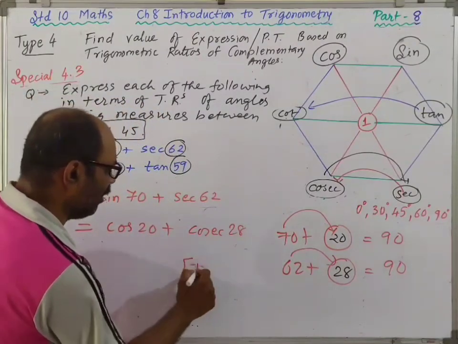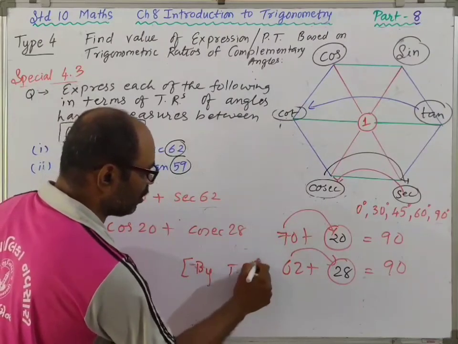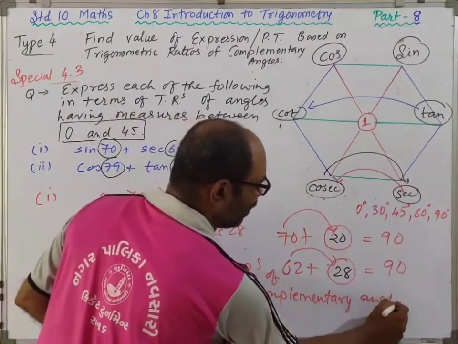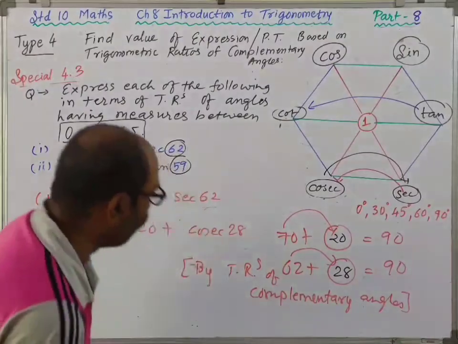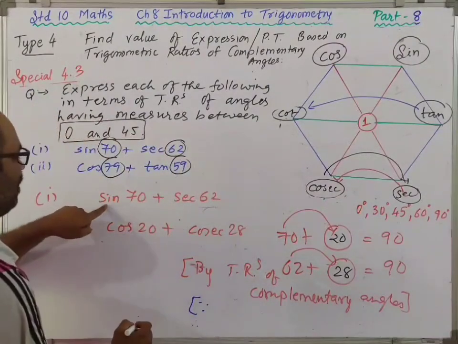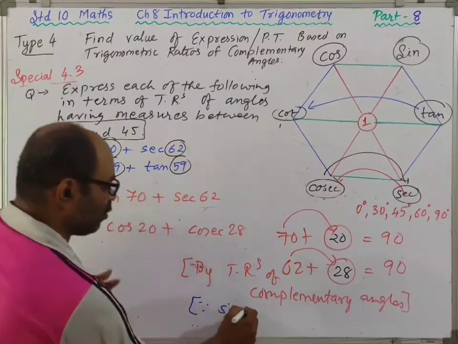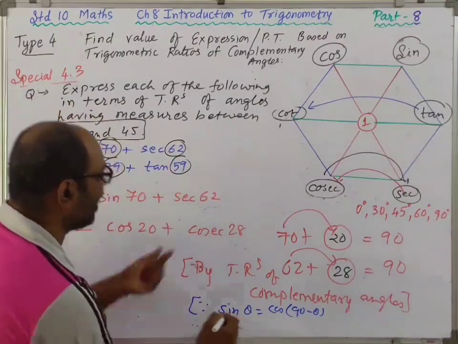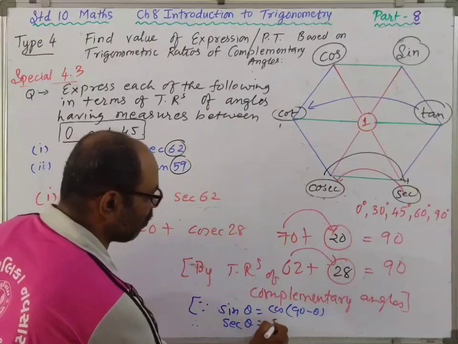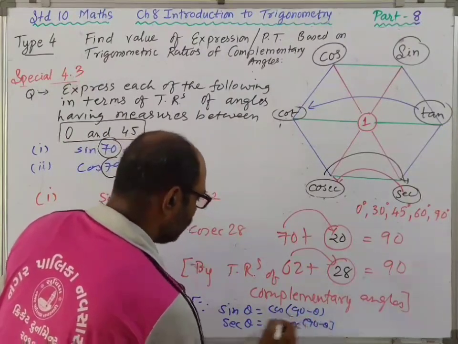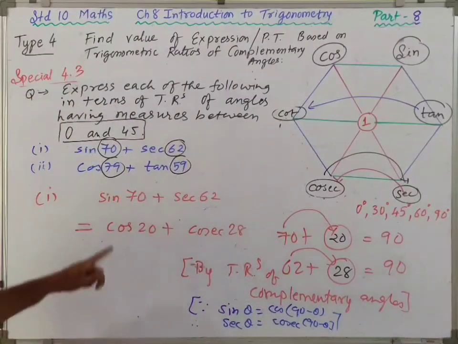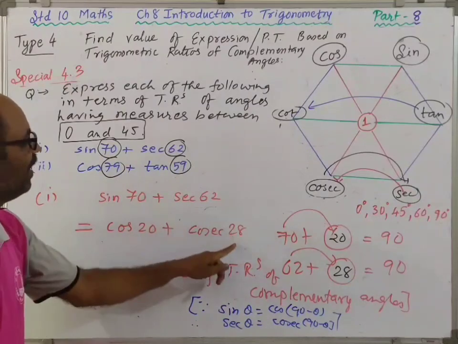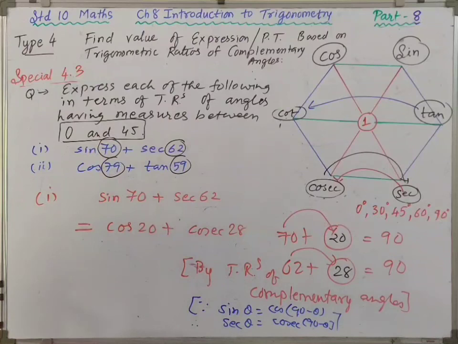Because, okay, you write by trigonometric ratios of complementary angles. ये पूरा स्टेटमेंट लिखो. यदि आपको वो नहीं लिखना हो तो आप लिख सकते हैं बिकॉज आपने साइन को कन्वर्ट किया, सिर्फ सिंगल टर्म है, सो साइन थीटा इज इक्वल टू कॉस 90 माइनस थीटा. दूसरा आपने सेक को कन्वर्ट किया, सिर्फ एक नंबर है थीटा, that is equal to cosec of 90 minus theta. So either write this or this statement. And now you see ये पूरा एक्सप्रेशन नया एक्सप्रेशन में कन्वर्ट हो गया और एंगल्स 20 और 28 है which lies between 0 and 45.